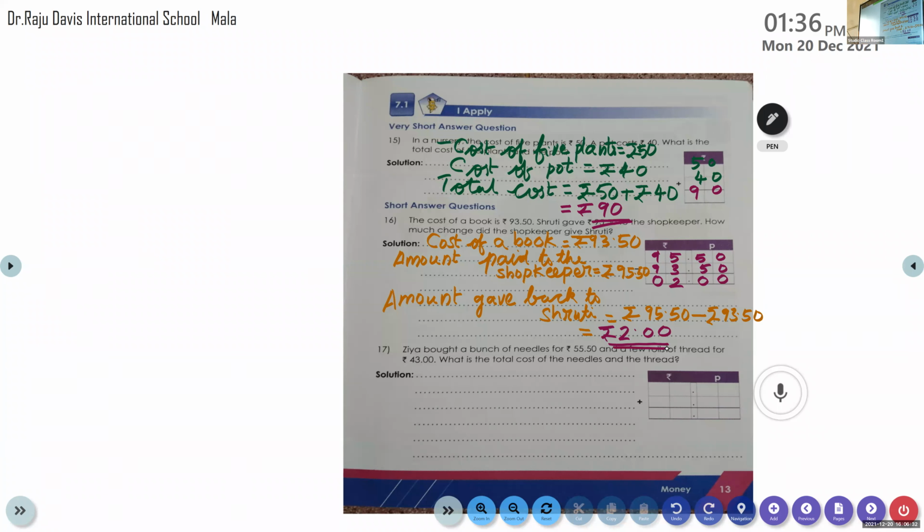2 rupees 0 paise. Ma'am, she finished 17. Okay, you can go to 17. It's already 1:36. So students are writing, let them complete. We can discuss questions 17 and 18 tomorrow. If you want to complete, you can go to 17 and read and understand. You can do it also, no problem. We will discuss in the class tomorrow. Ma'am, the notes are sent? Yeah, I will send.